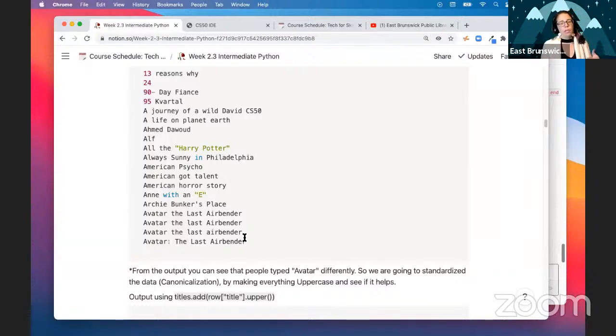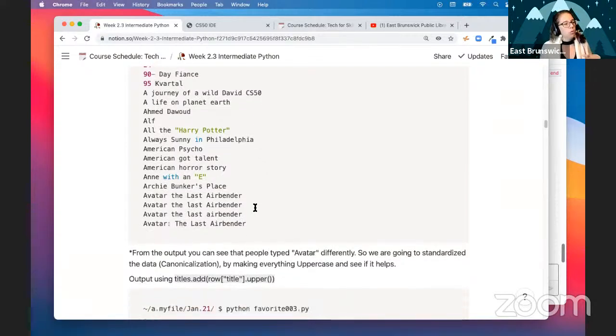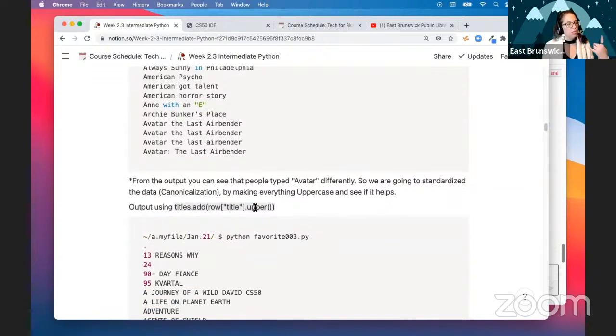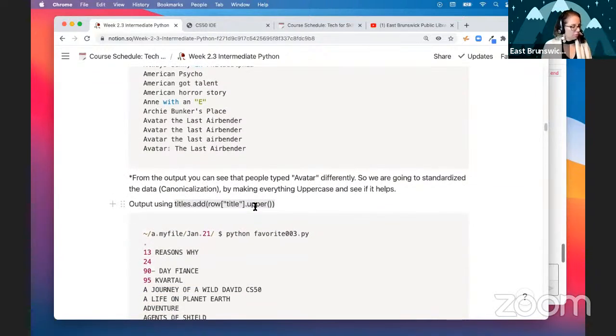So for a human, for us, it's the same show, right? The Avatar, The Last Airbender is the same show. But the computer doesn't know, because remember, the computer is reading the strings and the spaces and the lowercase and the uppercase. Very good. Excellent. So the next step to standardize and clean up the data will be to make everything what? Everything